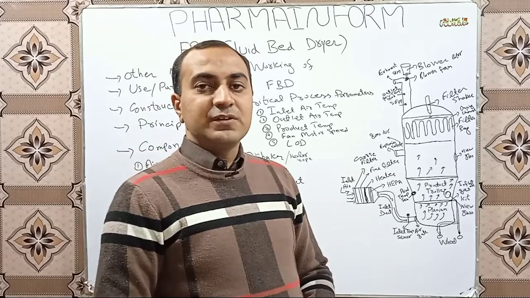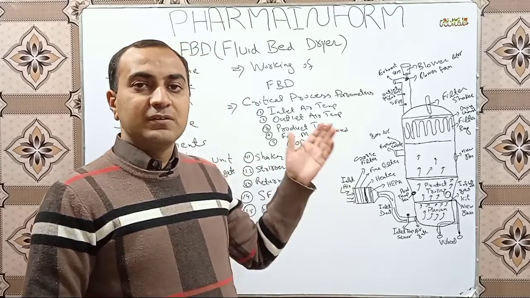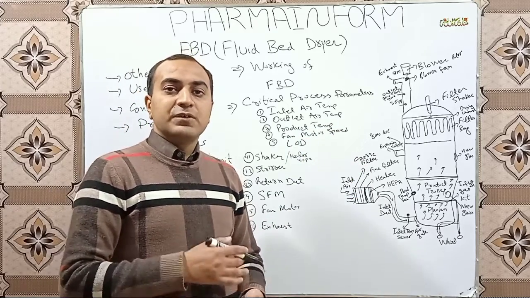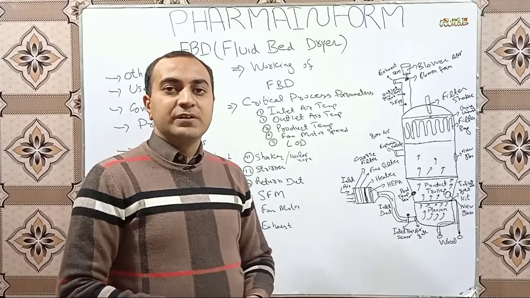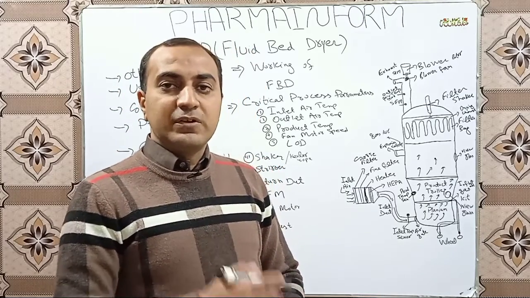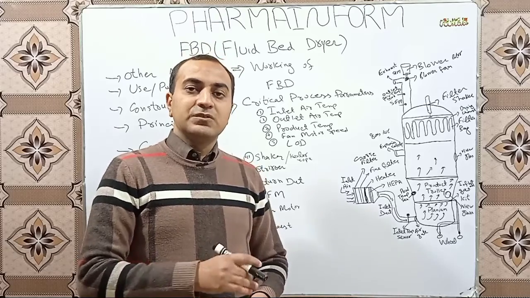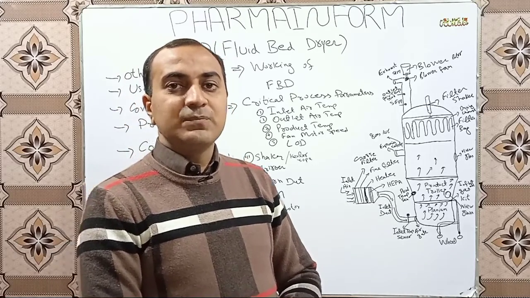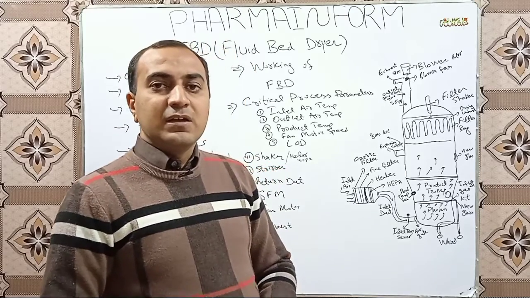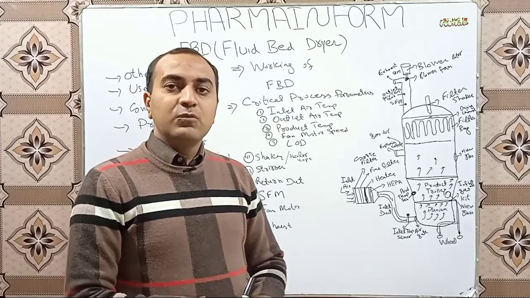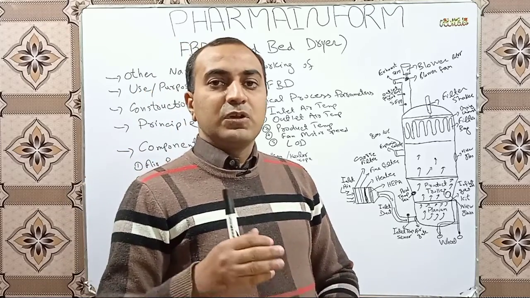As you can understand from the name, it is basically a dryer. FBD, fluid bed dryer. What is the purpose of this dryer? This dryer is most commonly used in pharmaceutical industries for drying purposes. This is used for the products which are manufactured by wet granulation, and as you know, in wet granulation our mass is wet and we have to dry it, or we require a